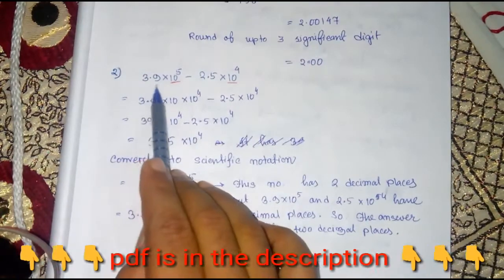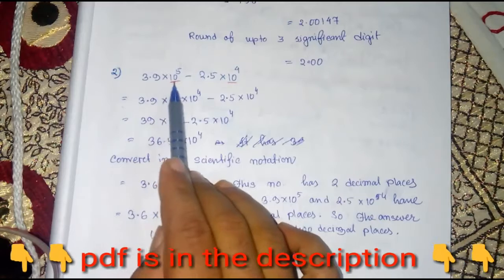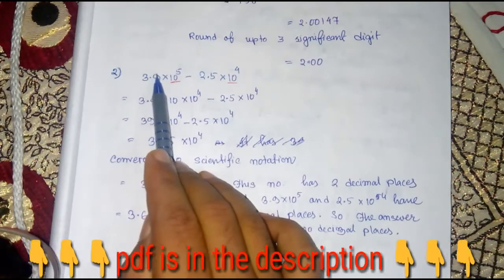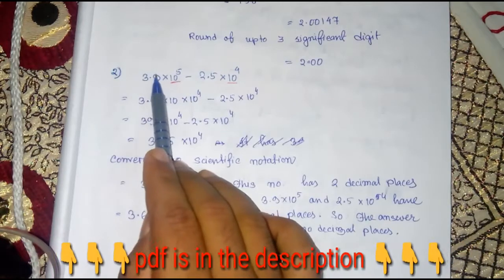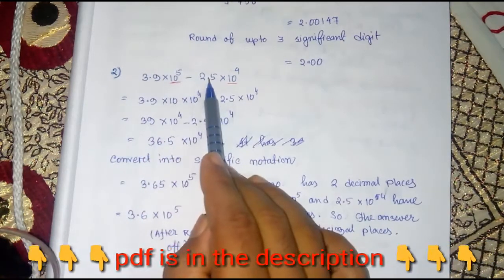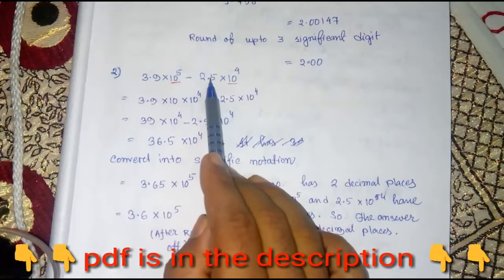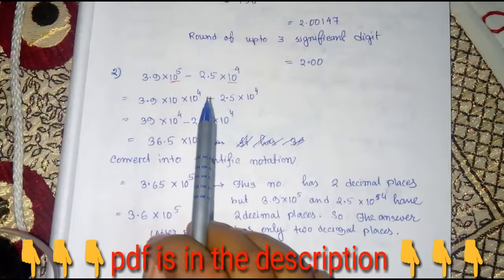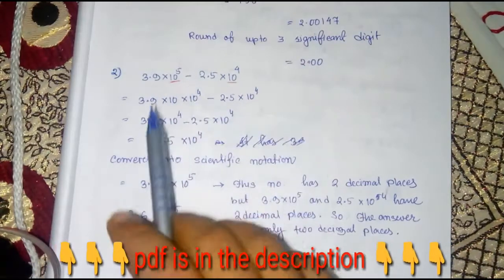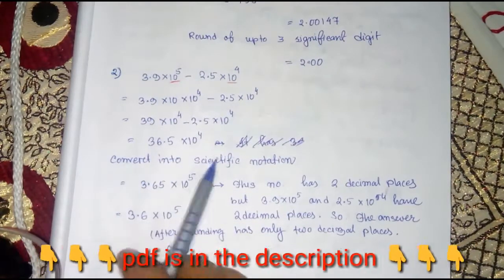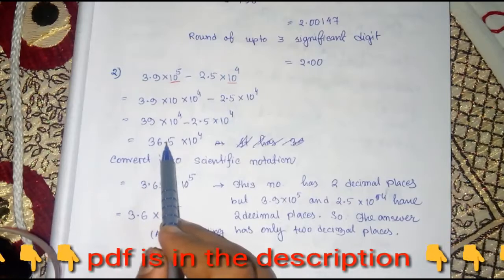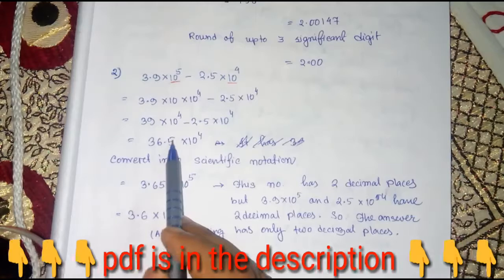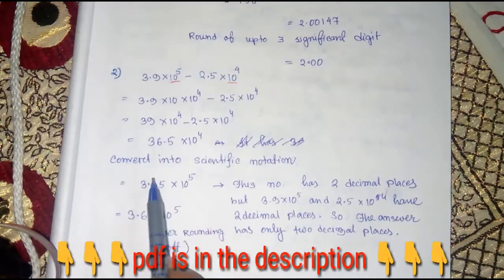As you can see, this number has 2 significant digits, right? Or you can say that this number has one decimal digit after the decimal point, and here is also one decimal digit after the decimal point. So this is the rule of subtraction. The answer should be with one decimal digit after the decimal point. So here you can see that yes, it is one decimal digit after the decimal point, but